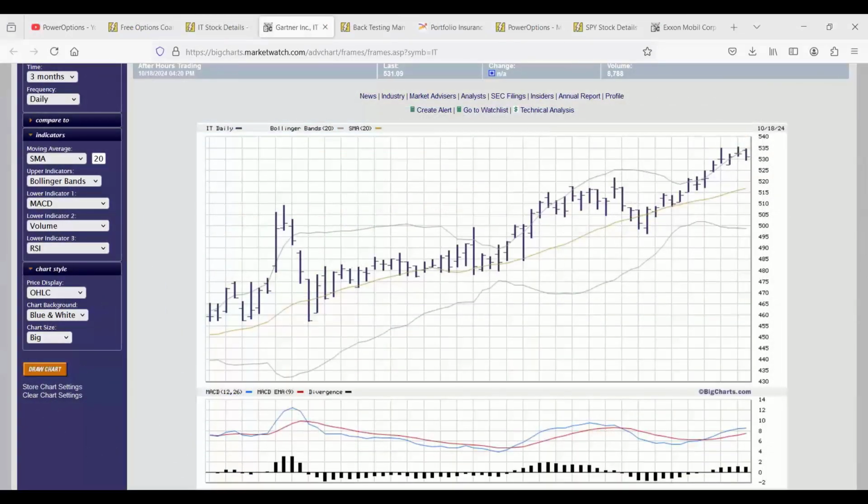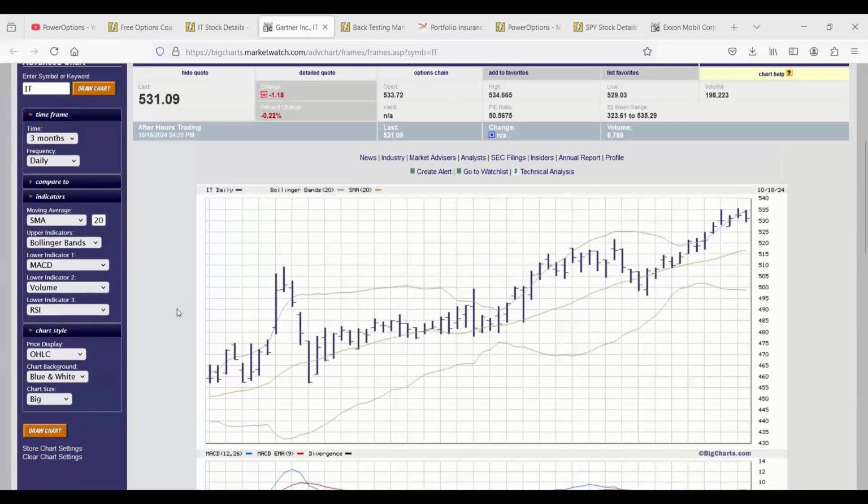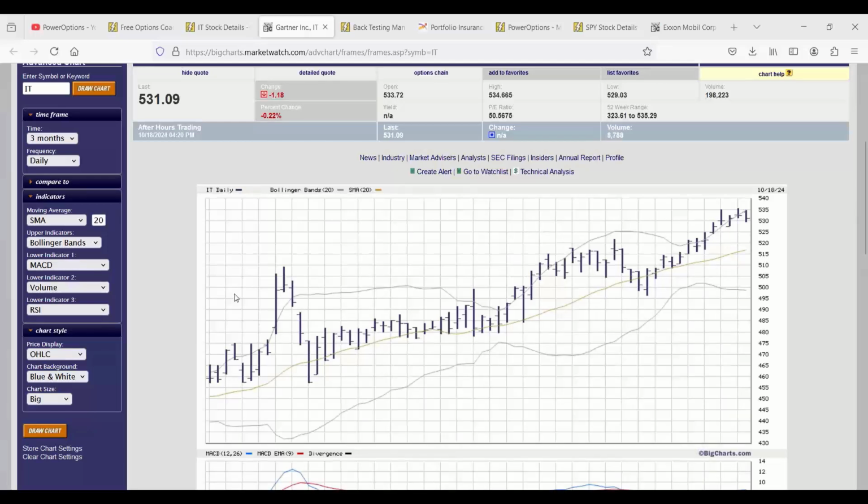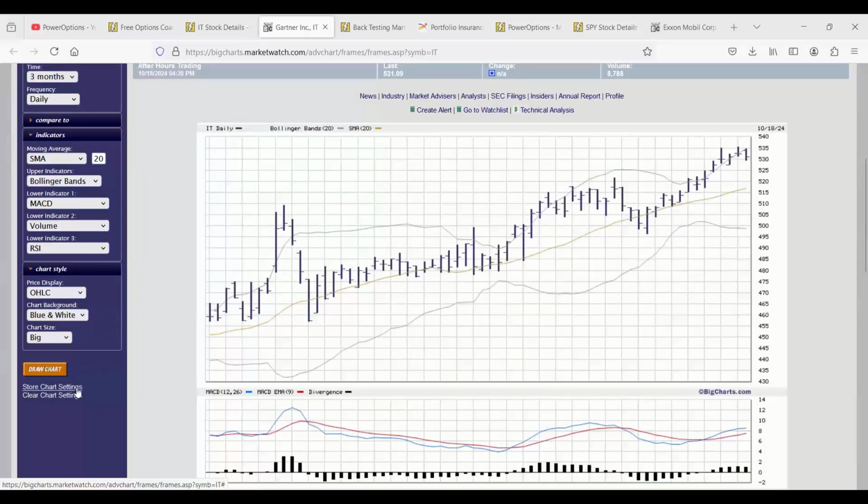Now, Mike says, what did you say about saving a cookie? I did not understand. Okay. This is not our direct link. We're not directly linked to this. Your PowerOptions account is not directly linked to Big Charts. Your browser is, meaning that I'm in Firefox right now. There's Firefox there, and the GoToWebinar there. Using Firefox there, Mike, what I'm doing is telling it to store the chart settings that